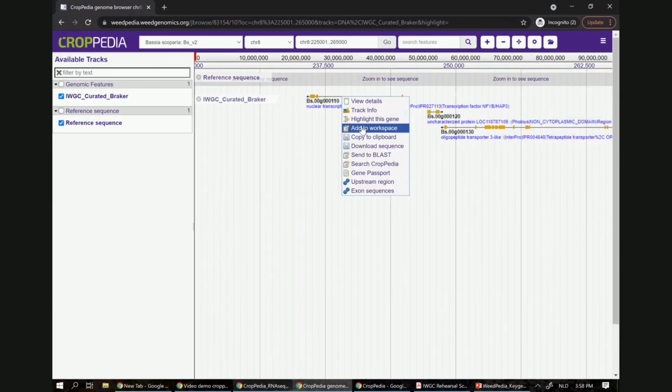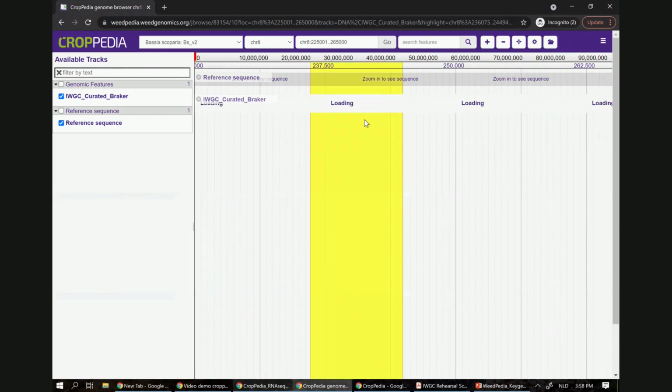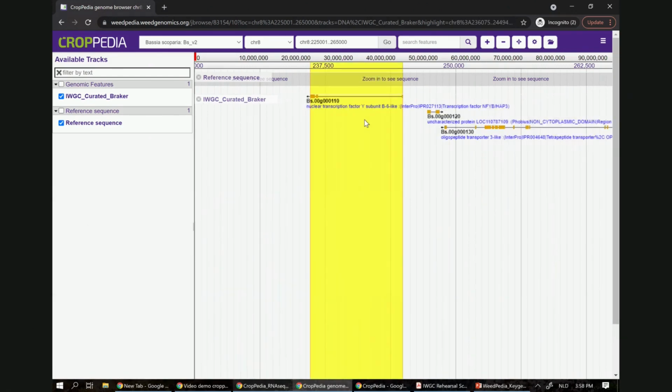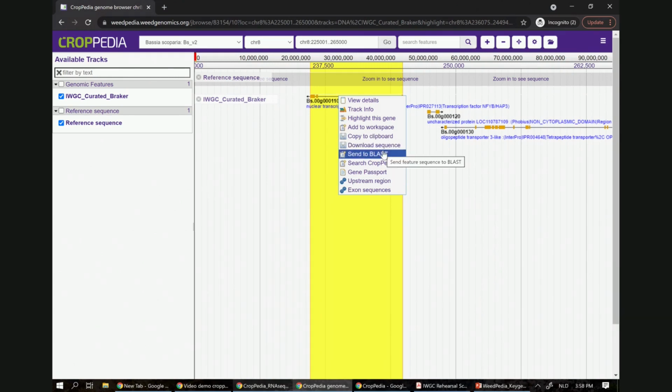But there's also the possibility to highlight, for example, this gene. So if you're working in a very large window and you want to focus on a specific area, you can also just highlight it. You can add it to the workspace. You can copy the sequence to your clipboard. You can download the sequence, send it to BLAST, use it for search, and also have a look at the